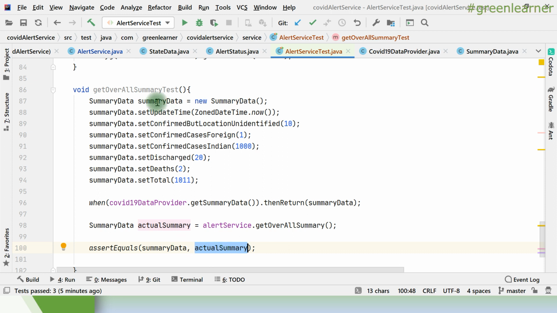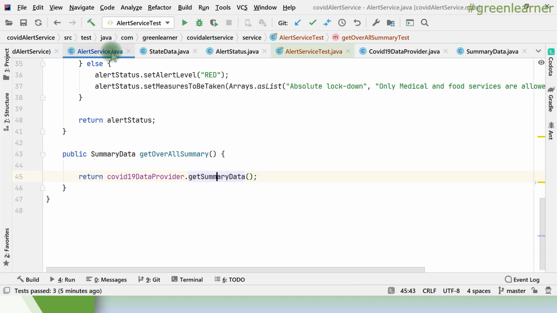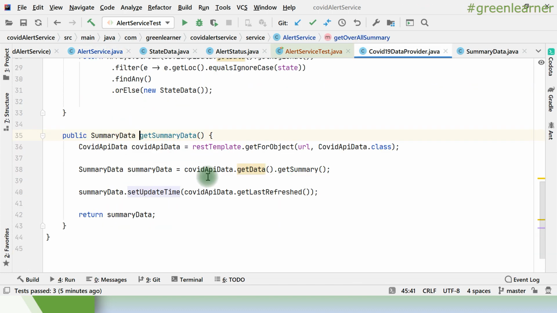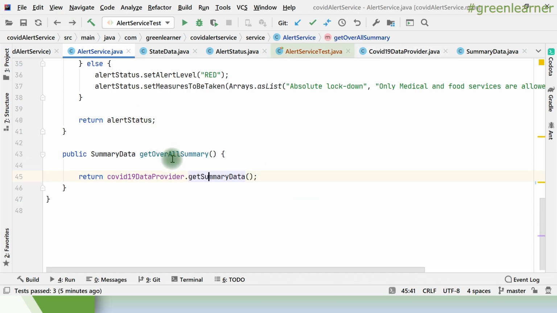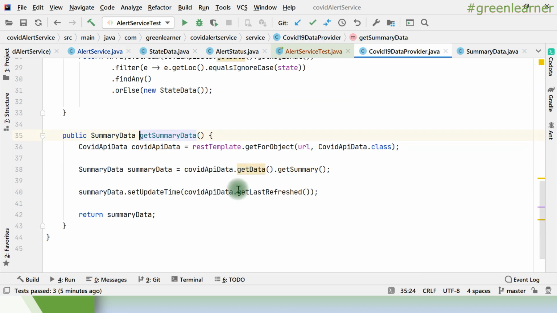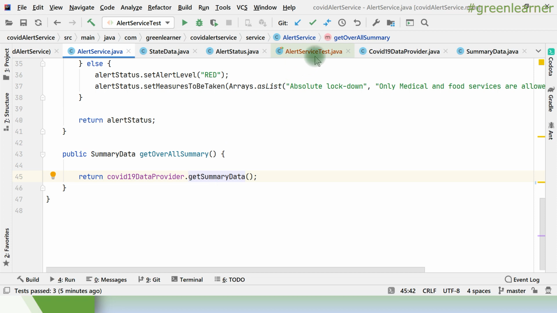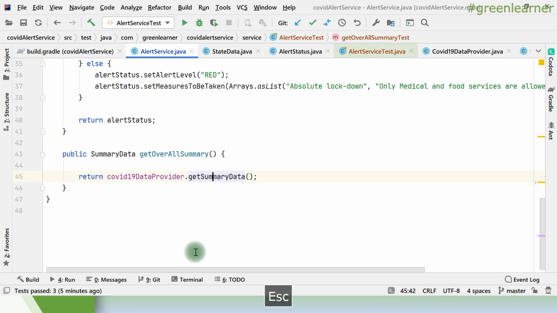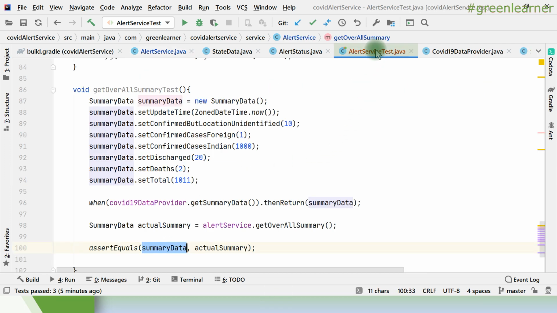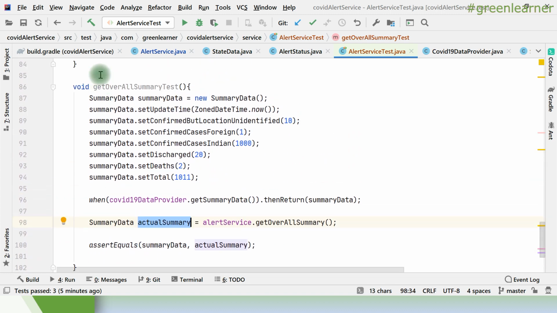Why do I know the same thing is being returned here and the same thing I'm putting here, right? As per the business logic that we have written, it is the way that it is. Whatever is being returned by the get method, there should be no change to whatever we have written from here, right? If there is any manipulation in that, it will be detected by this test, right? That is why I have written it in such a way that the actual and the expected are the same. Whatever is being returned, it should be returned from this method as well, right? So this is exact here.